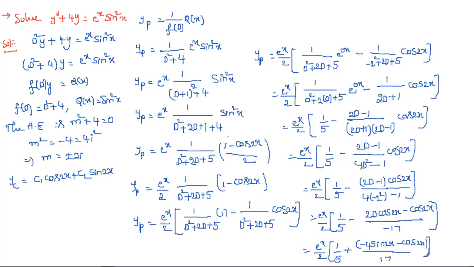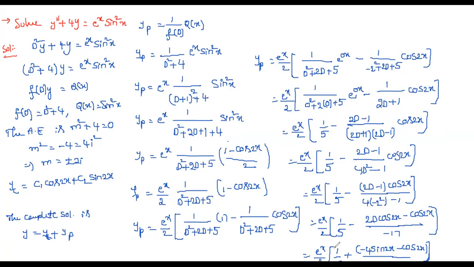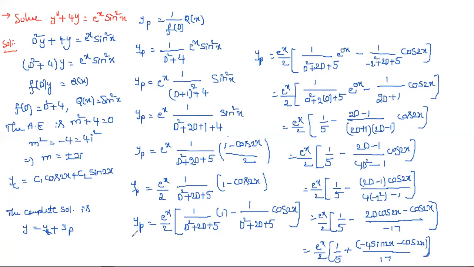So therefore the general solution, the complete solution, is y equals yc plus yp. So yc is this one and yp is this one. Then we get the complete solution, or in other words, the general solution also we can say. Why? Because whatever solution you are writing, in that only arbitrary constants are there. A particular solution doesn't contain any arbitrary constants. So this is the one. And if you want, you can take LCM here also, 17 pi LCM, and then write here. Okay, so I'll leave it like this also, no problem.